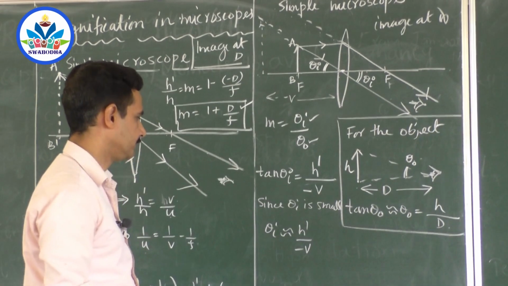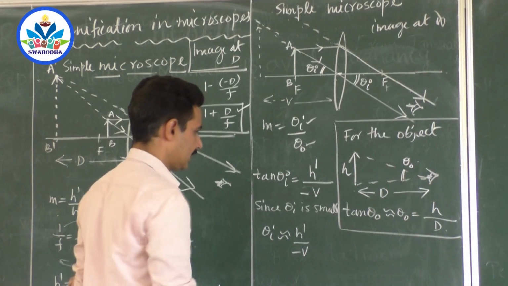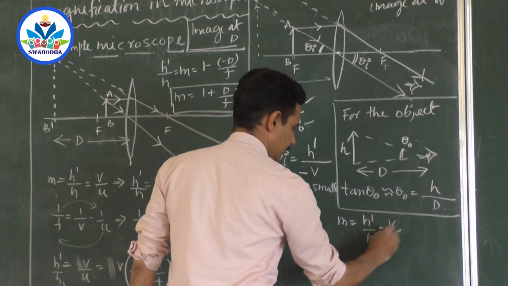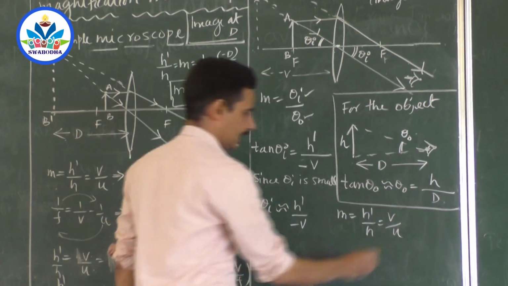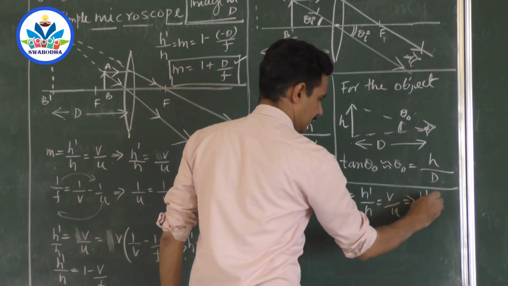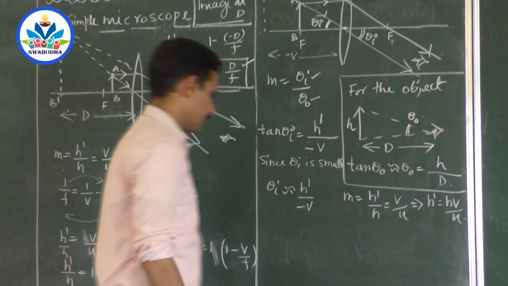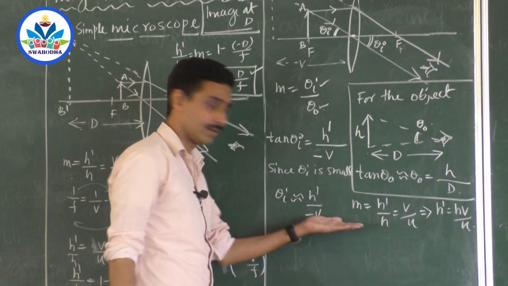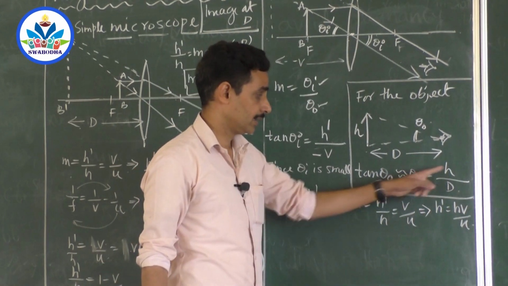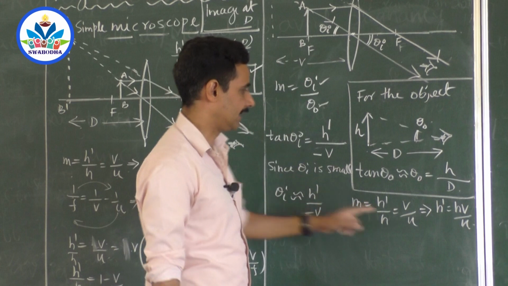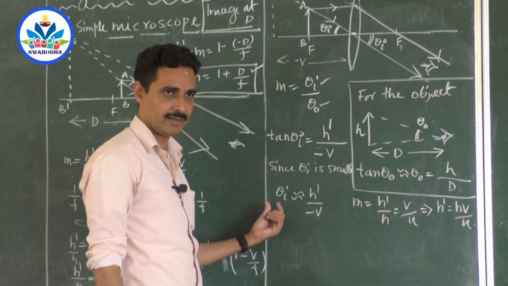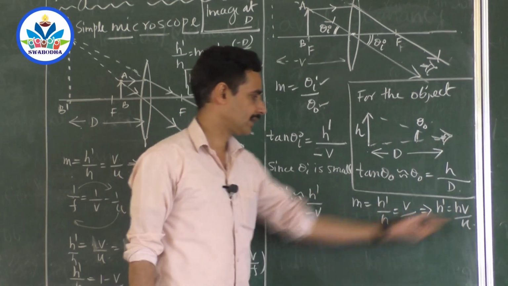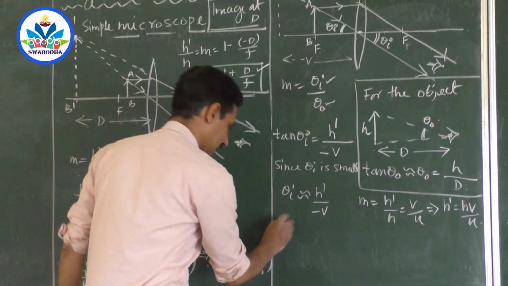Now you have to substitute for h dash. You know that magnification in a lens, h dash by h is equal to V by U. What does it mean? That implies h dash is equal to hv by U. Right? Shall I substitute that h dash here? Why are you doing all these things? Because we have got theta naught as h by d. When I substitute theta naught and theta I, h should get cancelled. So try to express theta I in terms of h, not in terms of h dash. So let us try to remove h dash. H dash equal to hv by u. So we get h now in the equation, which gets cancelled later.